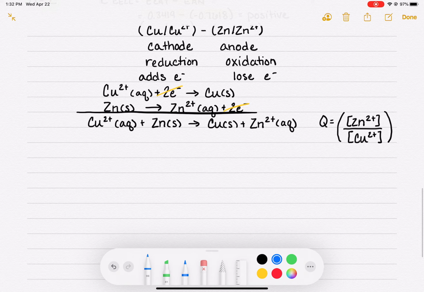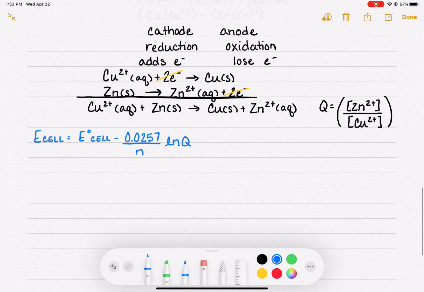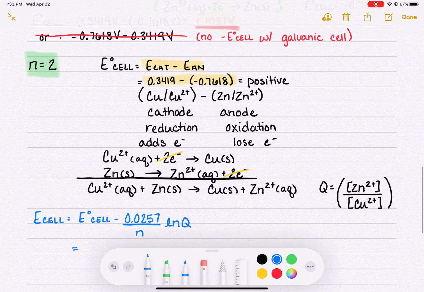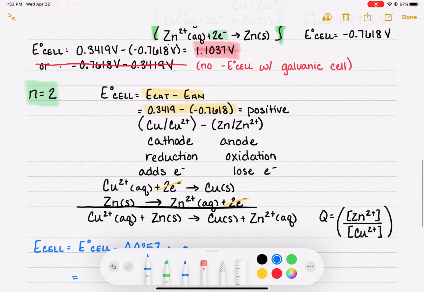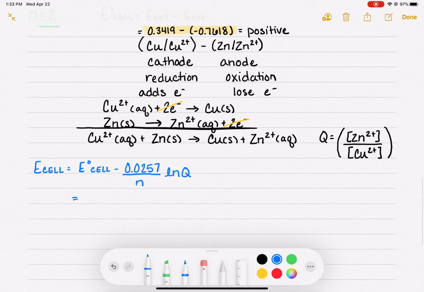So let's do that. I'm going to rewrite down here because it's way up at the top of the page. E-cell non-standard is equal to standard E-cell minus 0.0257 over N times the natural log of Q. And now I'm going to plug in all of the stuff that we figured out. We figured out our E-cell. Let's go find it. E-cell was 1.1037 volts. And then we are going to subtract